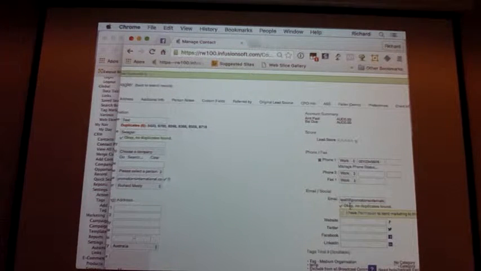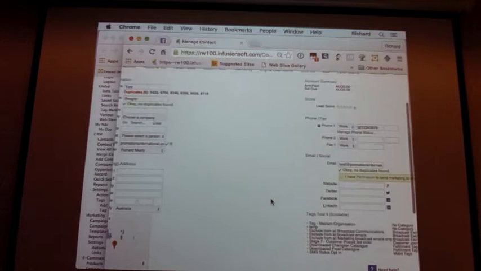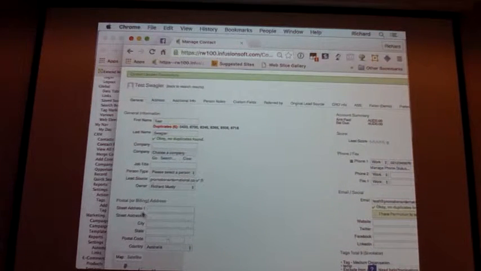No, that's the only one. But if there are more, it'll list them as well. Okay, so you get to see on the fly if that's going to be a duplicate before you even create the record. Very handy indeed. The other thing it does is,